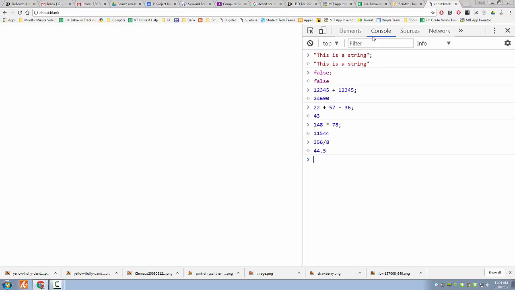So if I put in the following code, 456 minus 342 times 25 plus 245 divided by 2, it's going to give me negative 7,971.5 because JavaScript is first going to do the multiplication, so 342 times 25. Then it's going to divide that by 2, and then it's going to add the 245 and finally subtract the